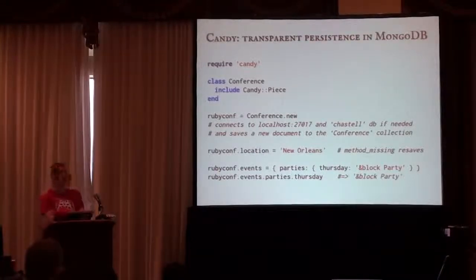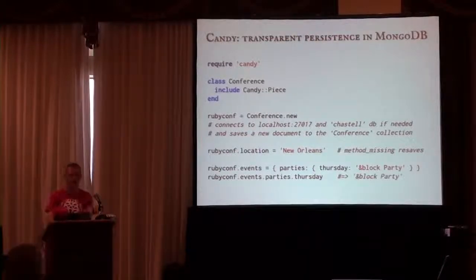Obviously, you can configure it, but really, running all these five lines connects to the default MongoDB location, connects or creates a database that is named after your user, or Candy if it cannot find your user, then saves a new empty document to the conference collection, which creates the conference collection if it's not there. So really, all this, as I said, five lines is all that is needed to persist your first object in MongoDB. All you need is a MongoDB running on a default port, no configuration whatsoever.